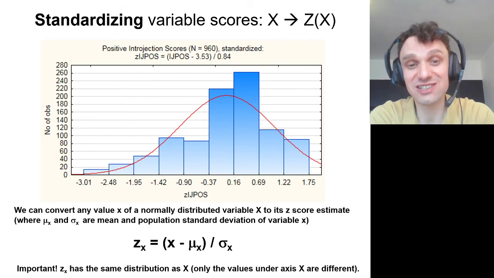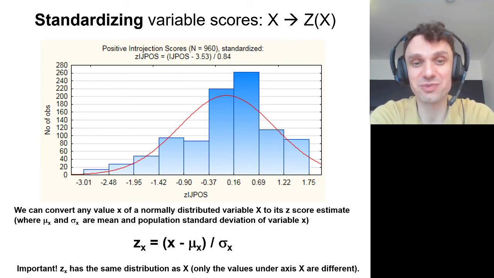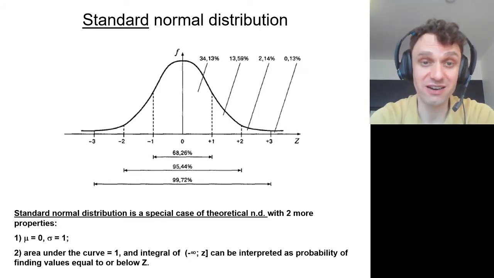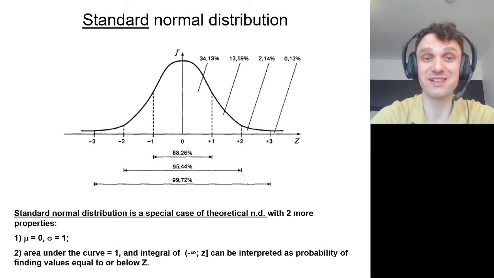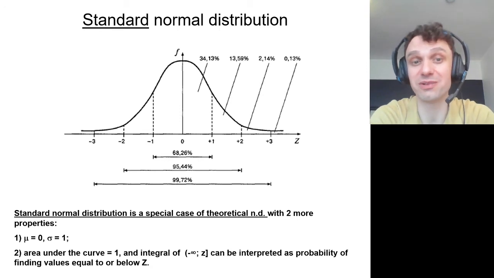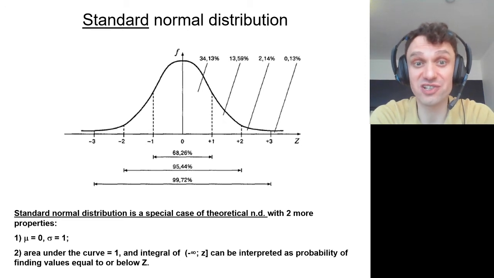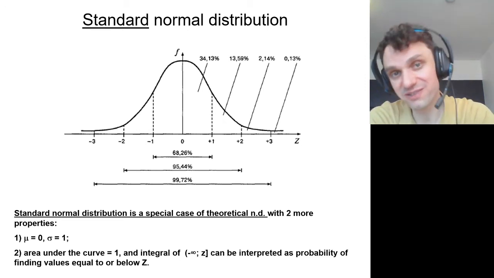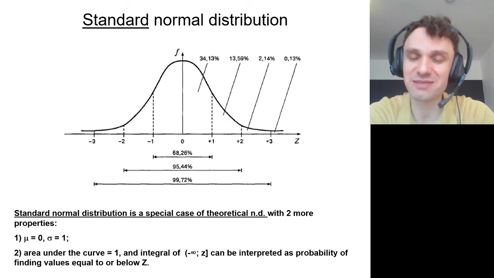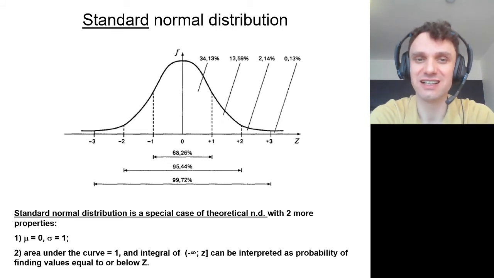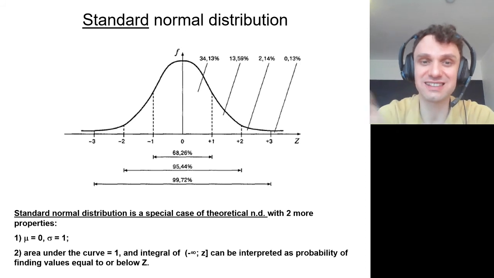And as a result, you get a z-score which reflects the position of this person on the normal distribution on this beautiful diagram. So if your z-score is 0, it means that this person is exactly in the middle of the normal distribution. And if their z-score, for example, is 1, it means that about 85% of individuals have lower scores, and only about 15% of individuals, maybe 16%, have still higher scores. And you can use special tables to get these percentile values for different z-scores.